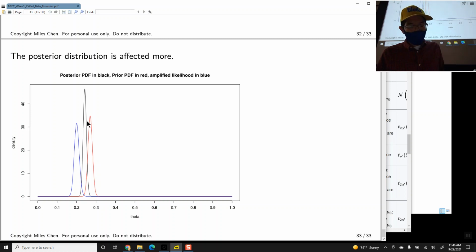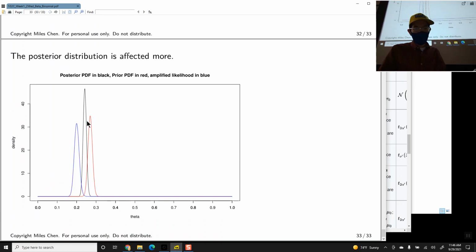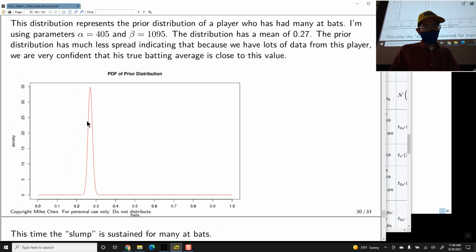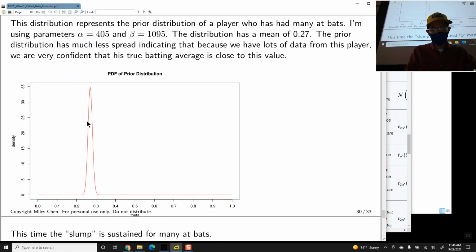Okay, and one thing to note is basically what the prior distribution is also affects what could be considered, okay? And we did not draw this example, but what if someone's prior distribution